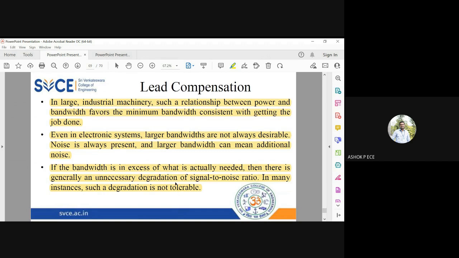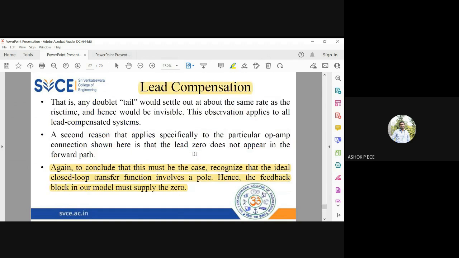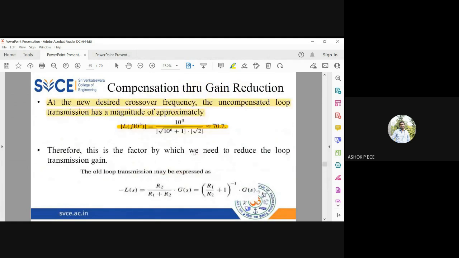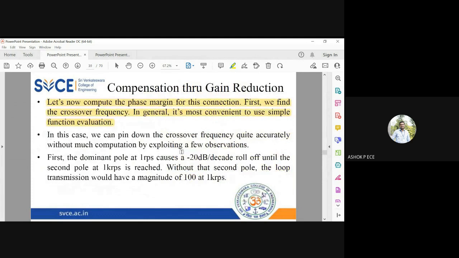So these are the different compensation techniques we have to analyze the stability of a system. All these techniques focus on one thing: the phase margin should be positive, or if it is negative, you have to make it less negative. That will make your system even more stable. So this concludes